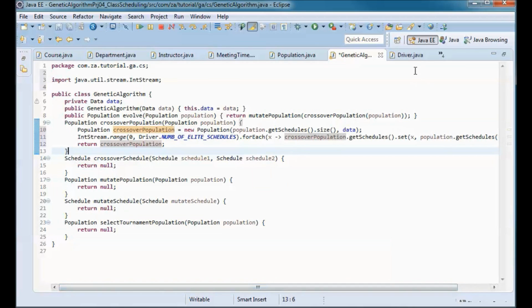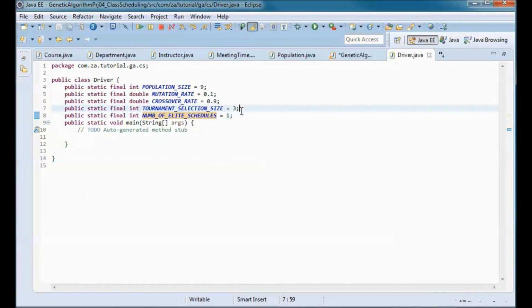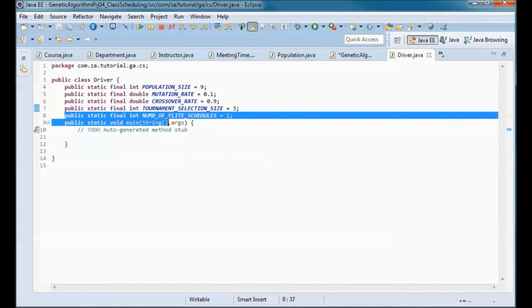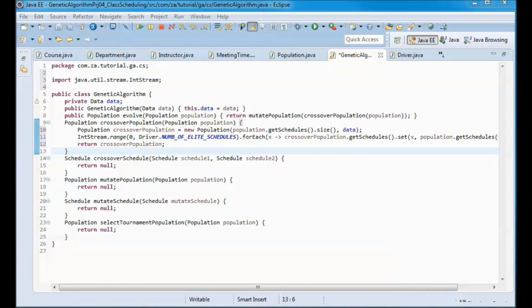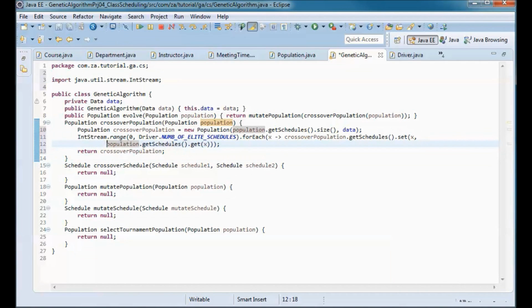And here we have just one elite schedule. And let's make it more visible.